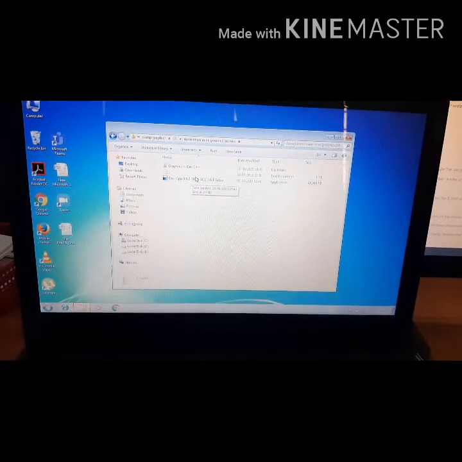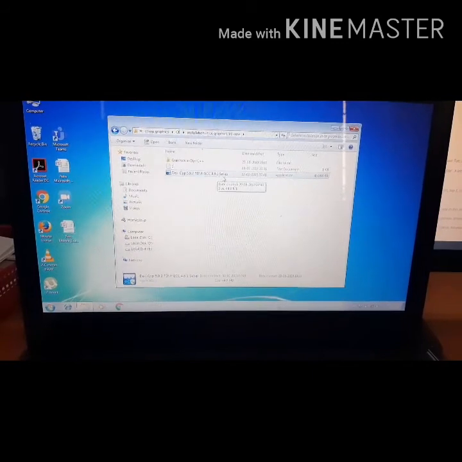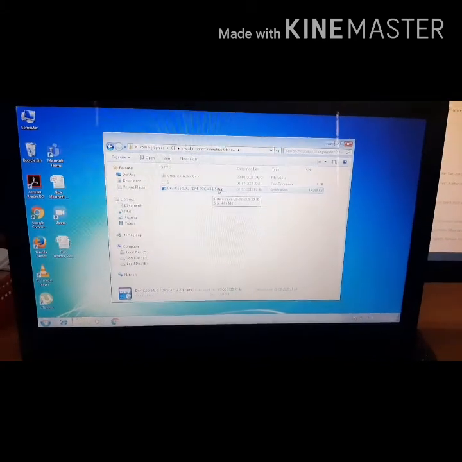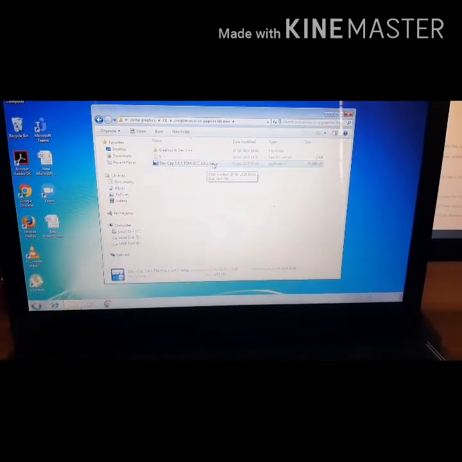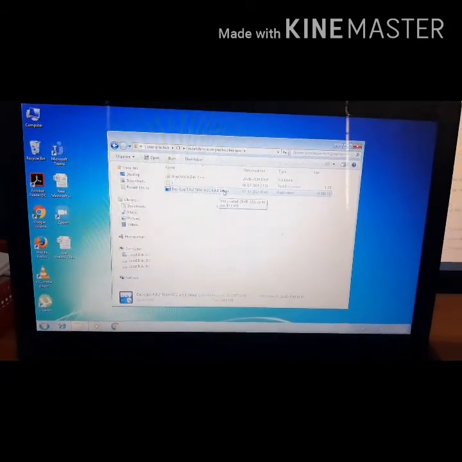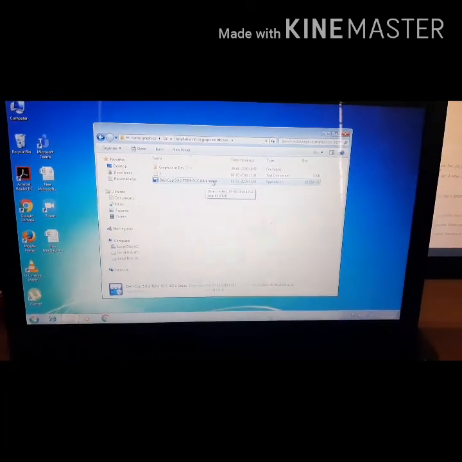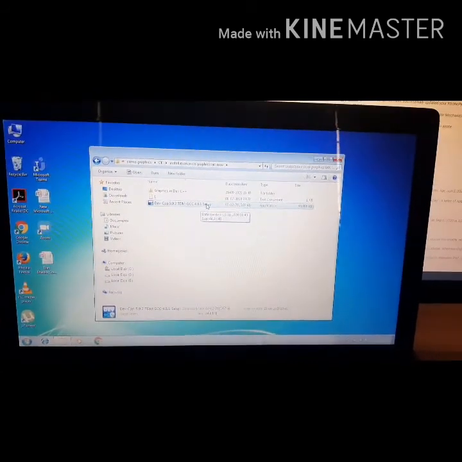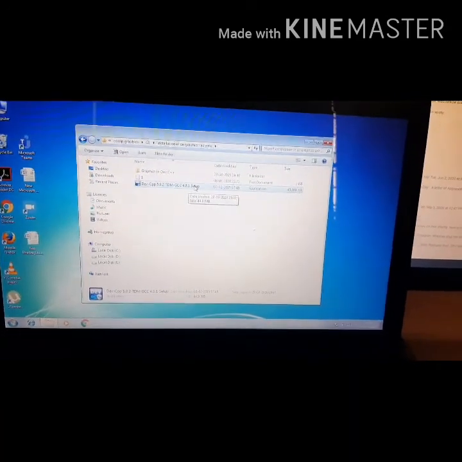Okay, so here, as you can see, I have the Dev C++ 5.9.2 setup, which I downloaded from the internet by typing 'download Dev C++ compiler for Windows 7 32-bit OS'. Since I have a Windows 7 platform and my OS is 32-bit, I typed this. If your OS is something else, you should type that. By typing that, several links appear, like SourceForge.net, FileHippo, FileHorse and others. I downloaded it from the FileHippo site.